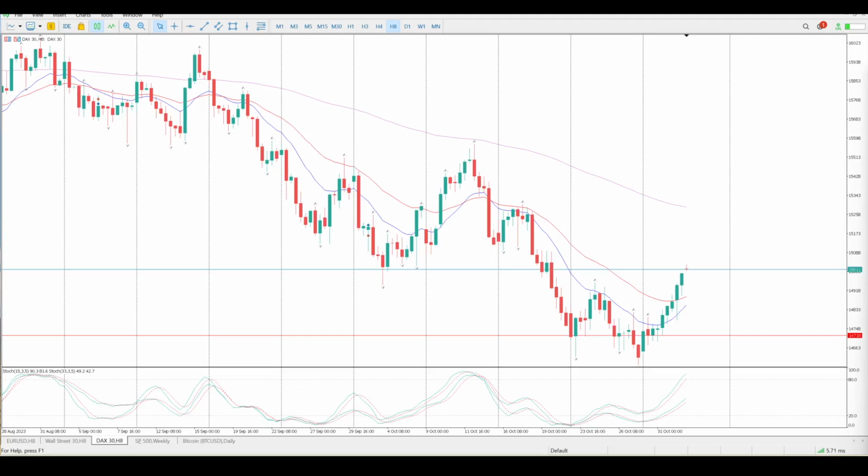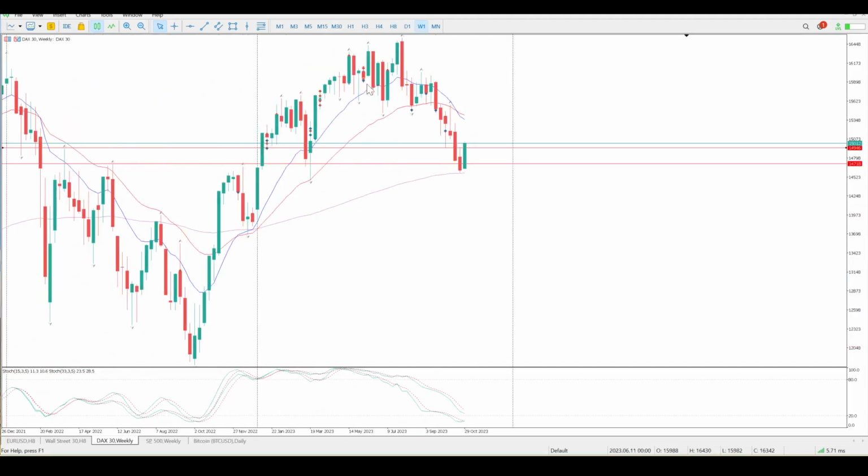So we have broken through some pretty key levels, and the S&P 500 is looking interesting at the moment, but DAX is going to be a little bit of a different setup. So this is your level that we've broken through, which is 14,946. That is two weekly levels. It's a weekly high here and a weekly low there. So that's a fairly significant level. I'd like to see that tested if we do get down to, go up to the weekly,